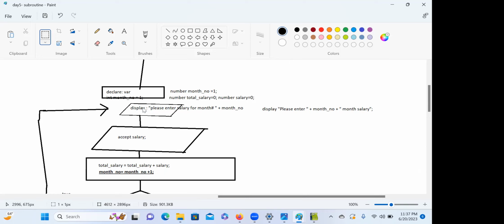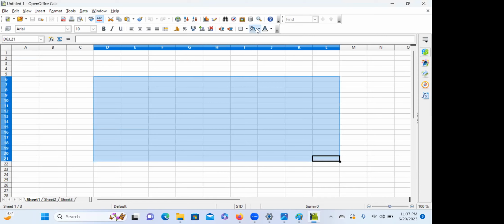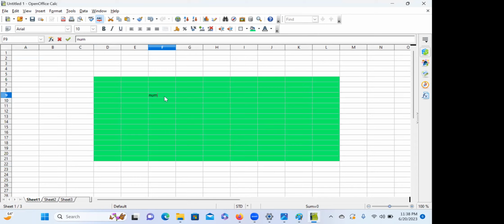So variables will remain until the program is running. Once the program stops, your variable also will be freed up or unallocated in your memory. I think I gave you an example about how your RAM works. Yesterday I said this is your RAM, for example, and I told you when you declare this number and say you are storing a salary, it will allocate one space. This will be 2 bytes or 4 bytes, depending on the operating system. Don't worry about how many bytes, but just remember that when you declare a variable in your RAM, it